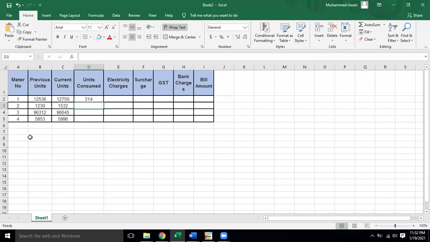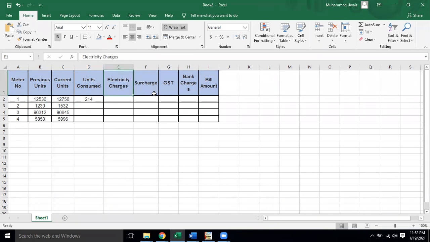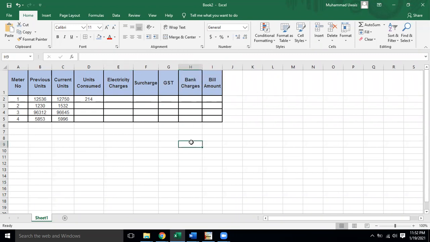Now this thing is clear. So our first point is about the different things. You have to calculate units consumed, electricity charges, and the surcharge, because the government applies different surcharges. The bill is not only the bill, there are some different things. If you see a WAPDA bill or KSC bill, you will see that there are different heads in it.